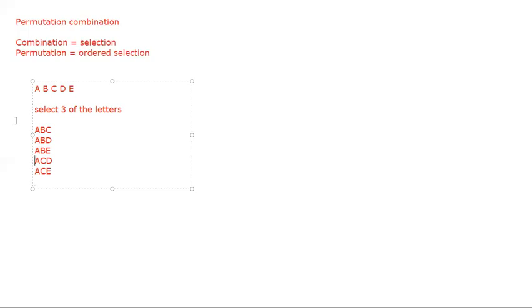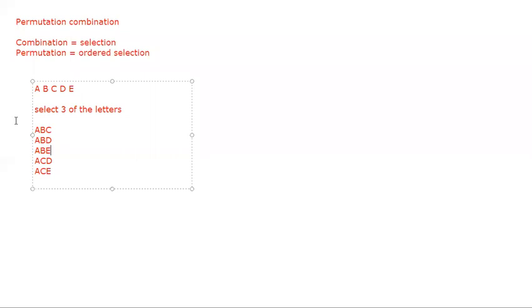I'm not going to write ACB again because it's after all a selection. ABC and ACB are the same selection. We are not interested in which order you have selected. For example, if I tell you to select a cricket team for India, it doesn't matter whether Dhoni gets selected as the first player or as the last player. As long as Dhoni is selected, it's the same thing. However, the batting order is a completely different thing. I'm not concerned with the batting order right now, I'm just selecting the team.